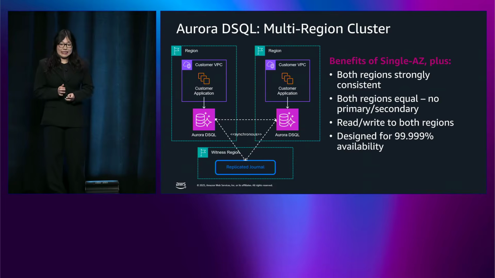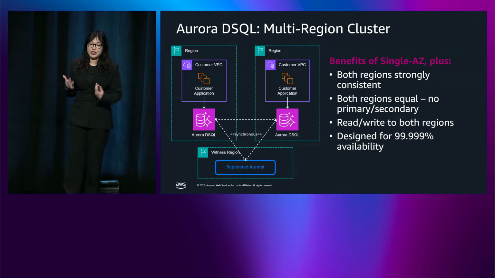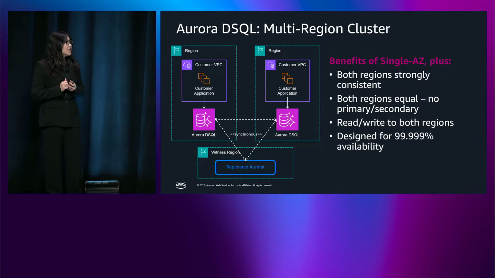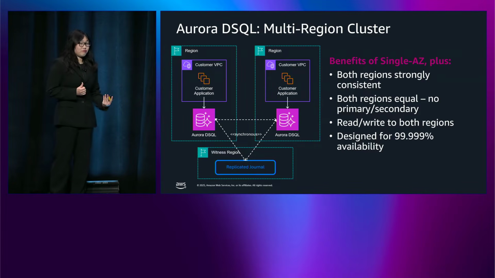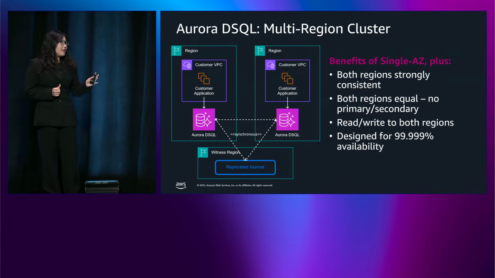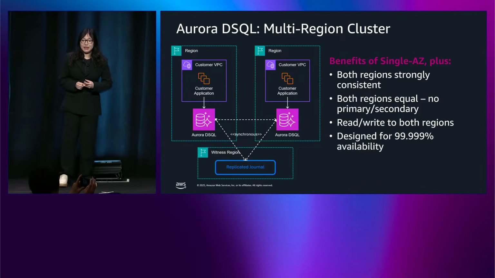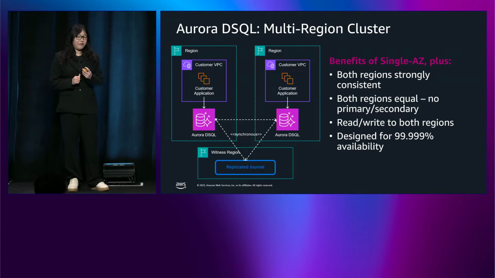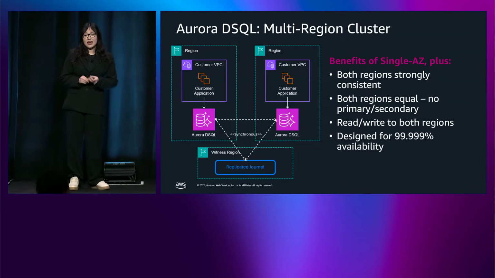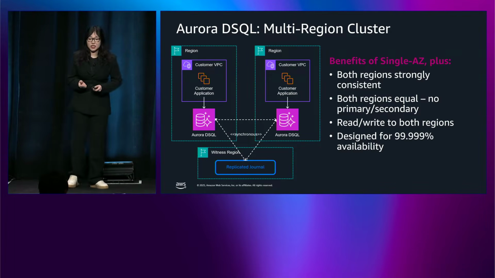So let's talk a little bit more about the data tier now that we've addressed the front end. Something that you might be thinking about is going multi-region. When you create a multi-region cluster in DSQL, DSQL actually creates another cluster in a different region and links them together. These linked regions make sure that you have strongly consistent reads and writes. Then there's a third region called the witness region, which basically has a limited window of encrypted transaction logs, and that is used to provide durability and availability for these multi-region clusters.